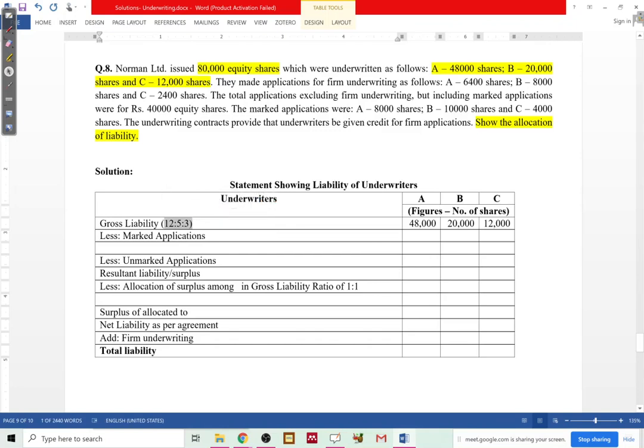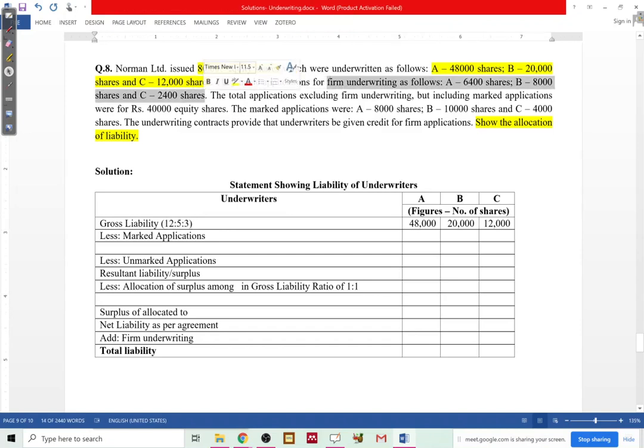Okay. They also made applications for firm underwriting. 6,400, 8,000, 2,400. This was the firm underwriting. We'll see what happens to the firm underwriting later, whether credit is given or not given. Okay. Then,